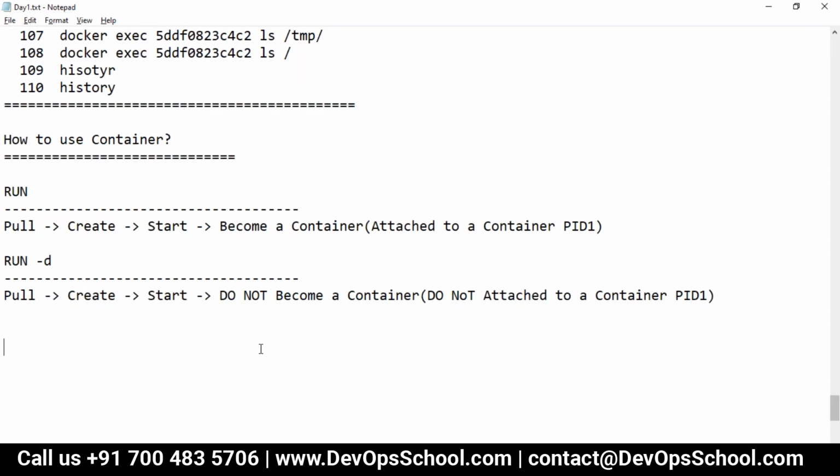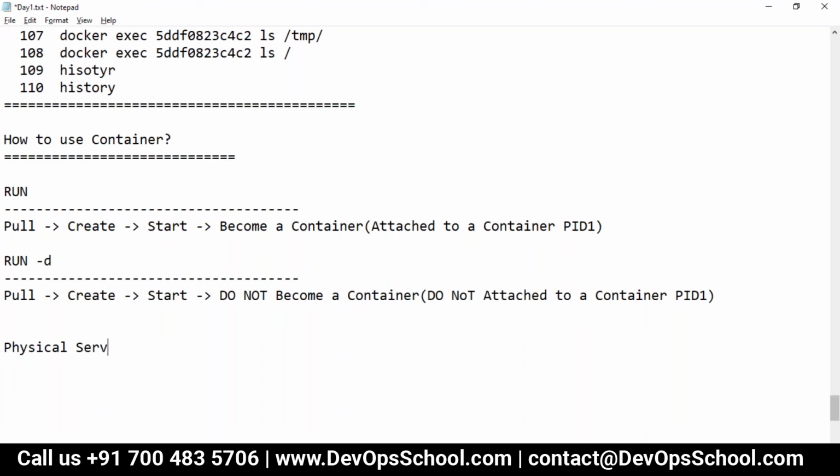So guys, what I am trying to teach you are some rules while working with containers. By the way, this rule is not specific to containers. This rule applies to every compute technology. What is that rule? It's a very simple rule, guys. Please hard code these statements in your mind.